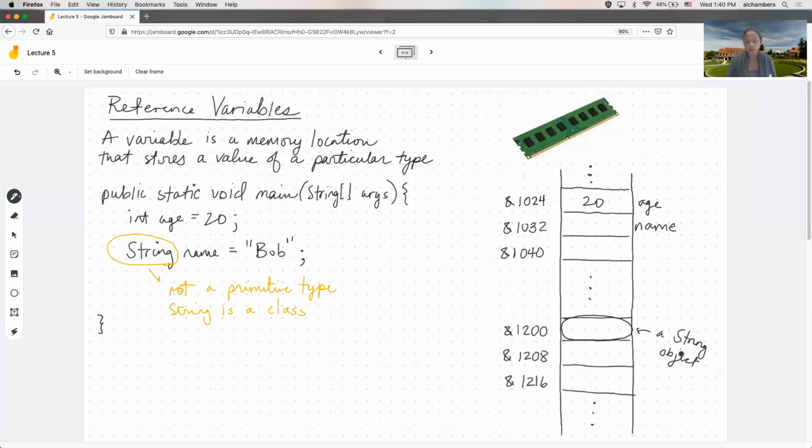I'm denoting the object with the circle here, and inside the object, it will store Bob. That begs the question: what is stored here? What is actually stored in the memory location associated with name? What is actually stored there is the memory address of the object we just created. Okay, so the memory address 1200